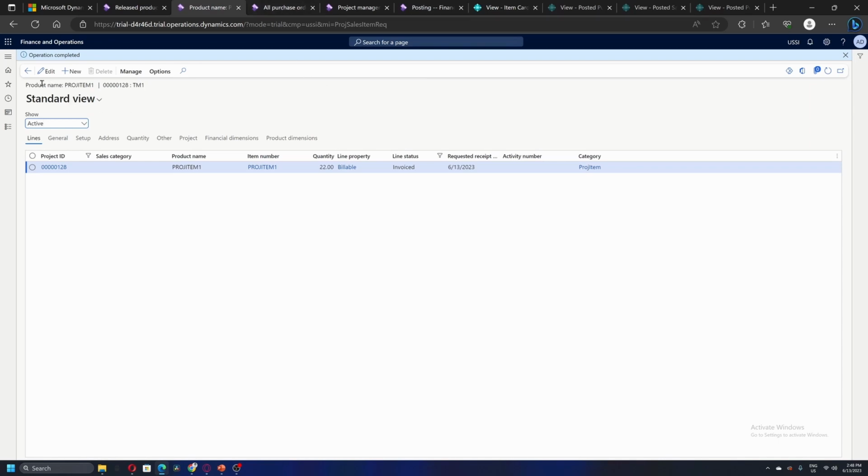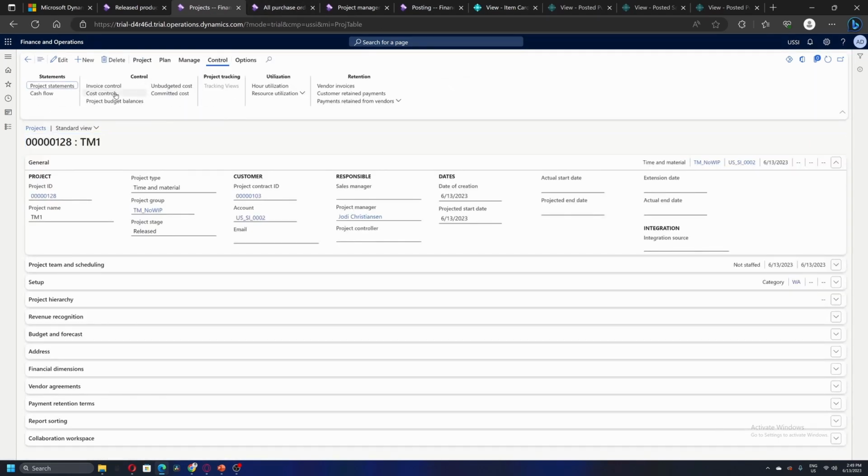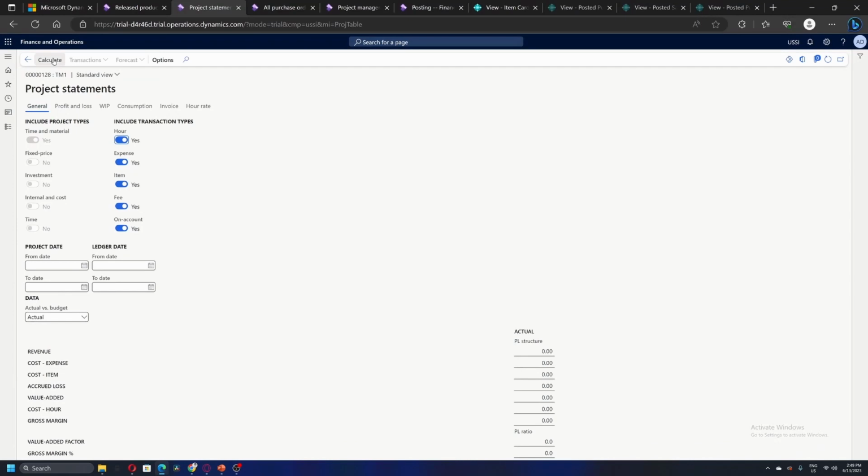If I go back to the project statement and do a calculate, it's 4400. So that 2200 consumption cost is debited on the project. This is how we can handle item consumption on a project. If we want to consume the items based on the project timelines or project WBS stages, this is how we do it. We use item requirements.